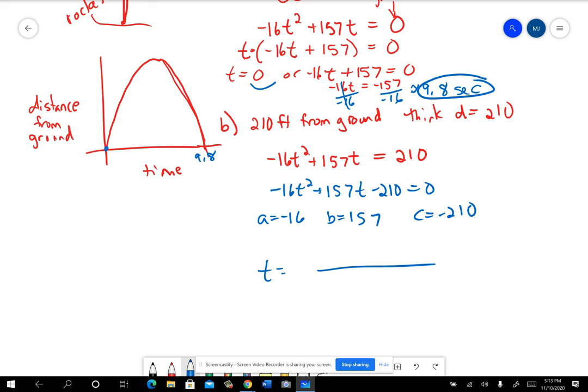And on that one, it's asking, at what time or times will the ball be 210 feet from the ground? It's kind of like imagining being 210 feet up. Okay. Where is it going to hit it on the way up? Where is it going to hit it on the way down? That's why you're getting two answers. Okay. All right, so I think you can finish that up and then check your answer on the answer sheet. So I'm going to get this thing